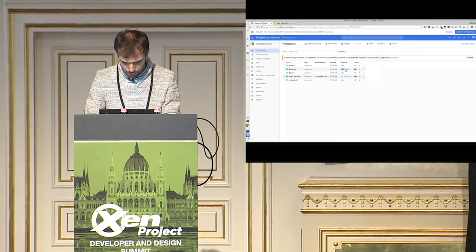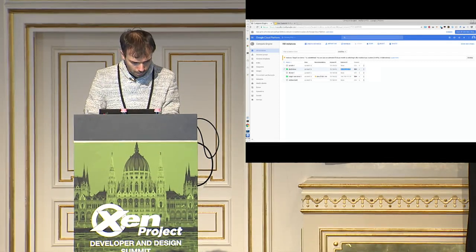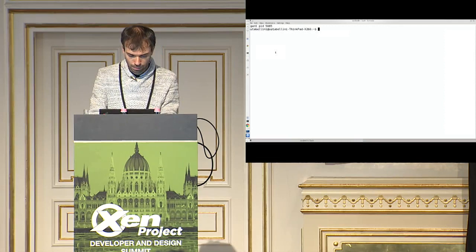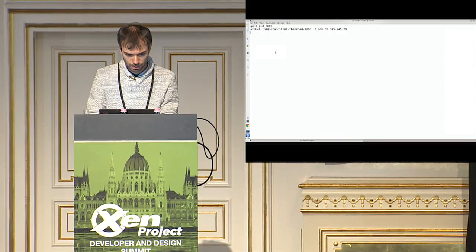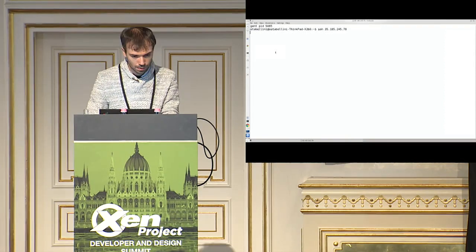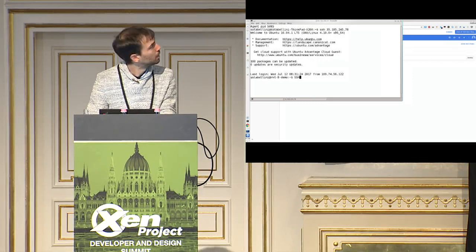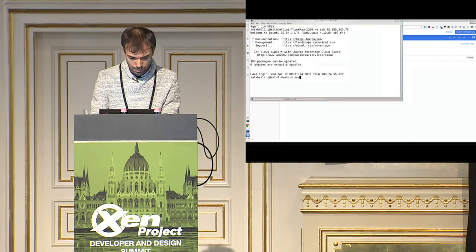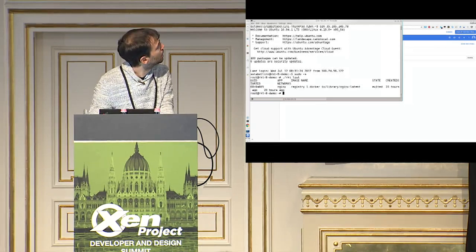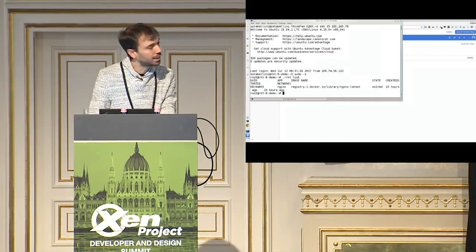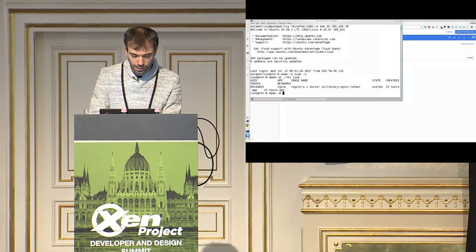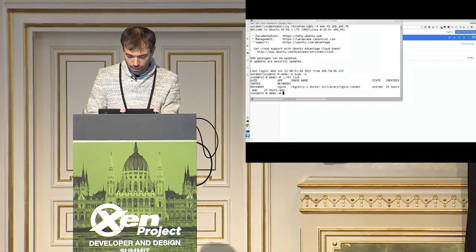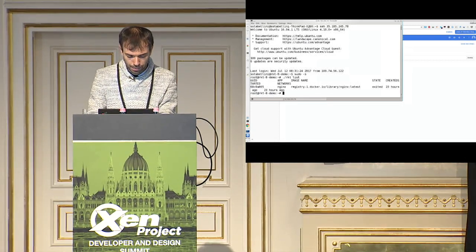I'll start from this one. Right, okay. So there is an exited Nginx instance there. I'm going to